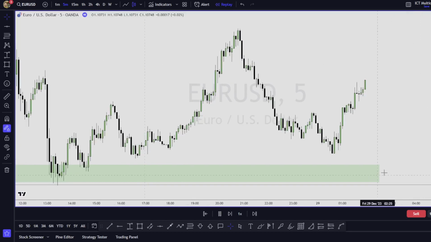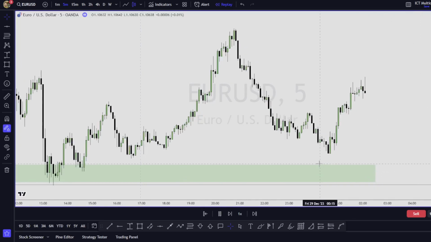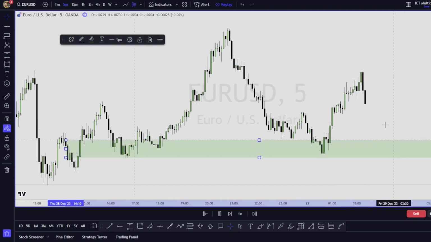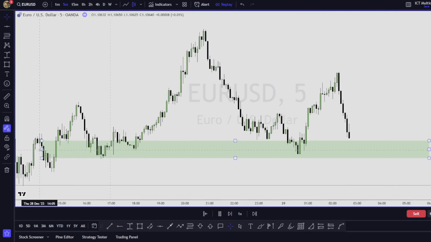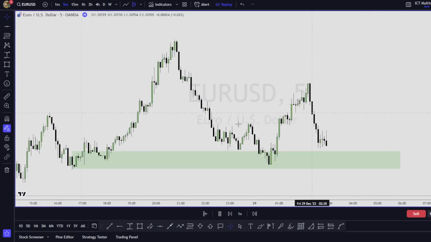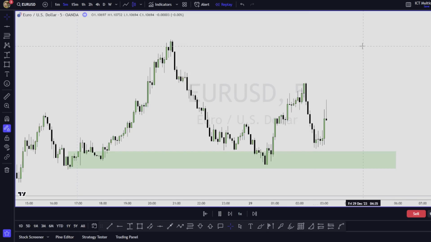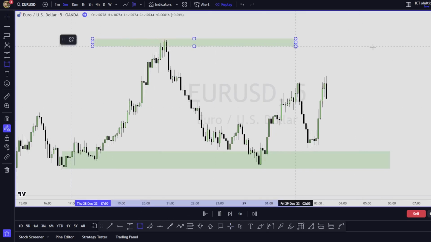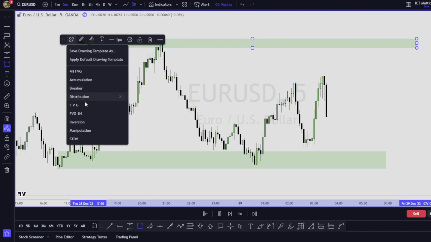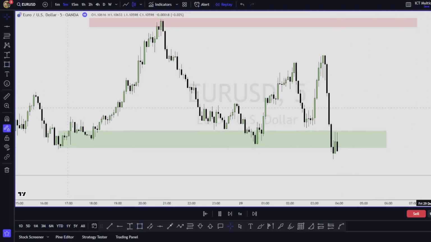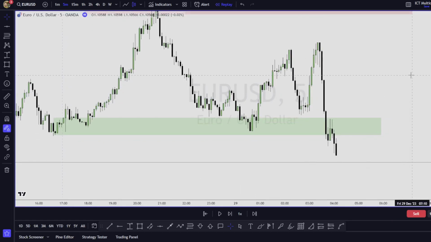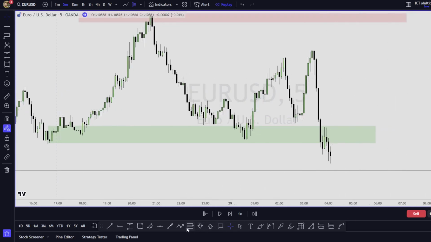Price, without coming to this level, just went up. So we can mark today's level as support. The range has been set from here to here. This is our resistance area. This is our support area. Wait for some kind of manipulation here, as discussed in previous videos, like you have to look for a failed low